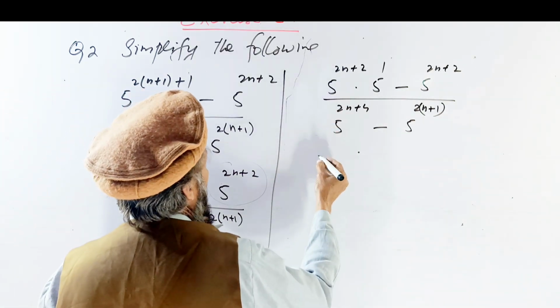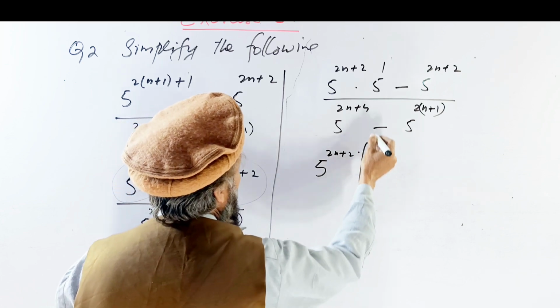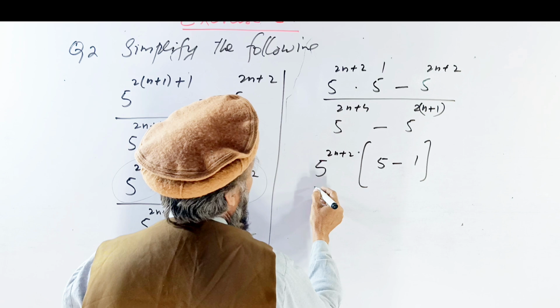If we take 5^(2n+2) common here, 5 and minus 1 is remaining,